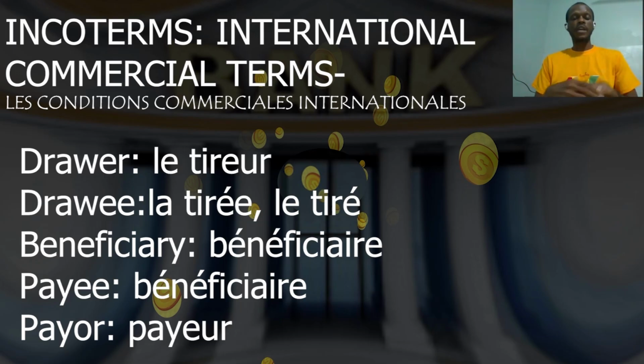That is the drawer. The drawee is the bank receiving that order, or the bank where we have a client having his bank account and he owes the supplier. So they have determined the date for the settlement. So on demand of another person, they can be given that instruction. So we call him a drawee.